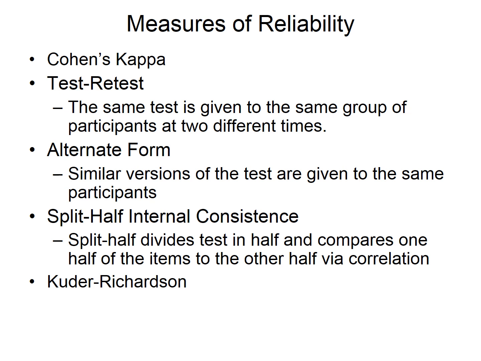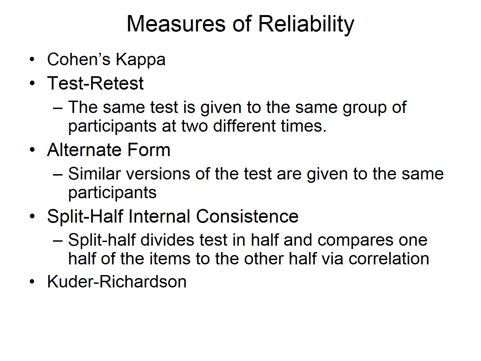We can also use alternate forms to get the two variables that we need to look for the comparisons. In this case, we're actually going to create two different tests from a larger pool of items that are meant to measure the same construct in the same way. Again, we give people both forms, they take them both, and then we make the correlation to see how well